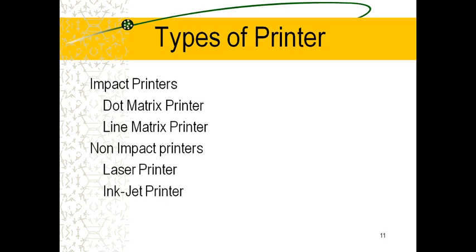And next one is inkjet printer. Inkjet printer uses color cartridges to get the print in color. With the help of the inkjet printers we can get photos also. The speed of the inkjet printers is generally from 1 to 20 ppm, pages per minute. If you have given the color depth very high, you can get one page in 1 minute. If the color depth is very low, we can get 20 pages per minute. This is the use of inkjet printer.